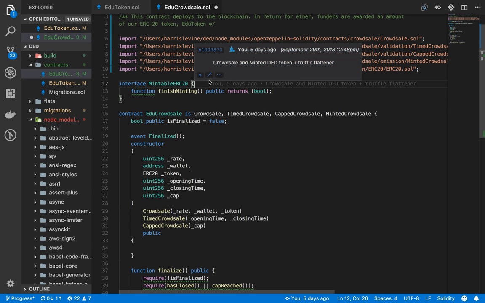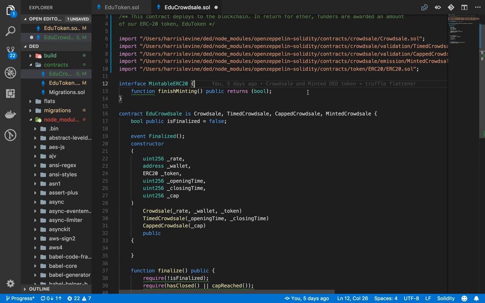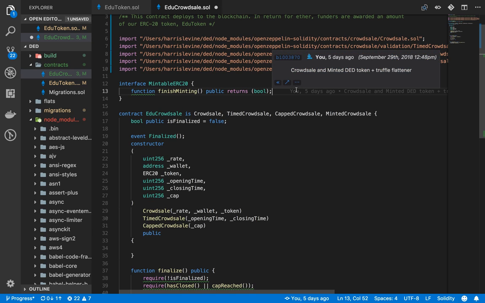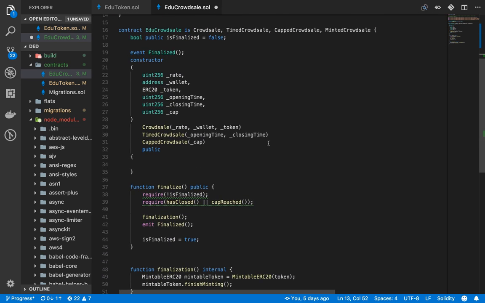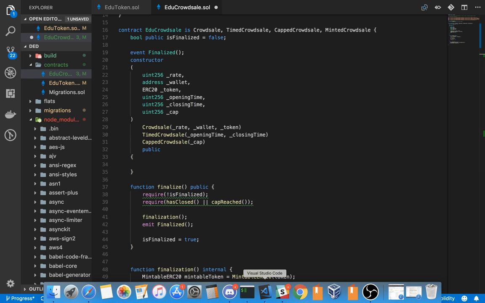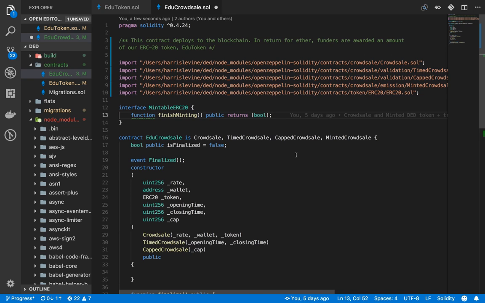Okay, so we have an interface here for the mintable ERC-20. It only contains one function, and when it's finished minting, it will let us know yes or no, has it finished minting. That way you can determine whether this contract is viable to still get some EDU token or not. So I think with that, as we look at this EDU crowd sale,